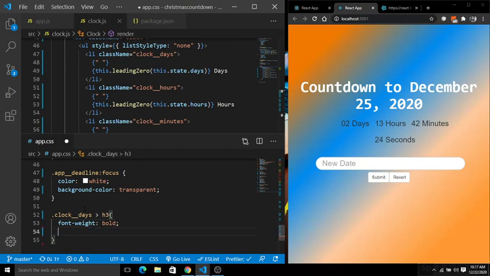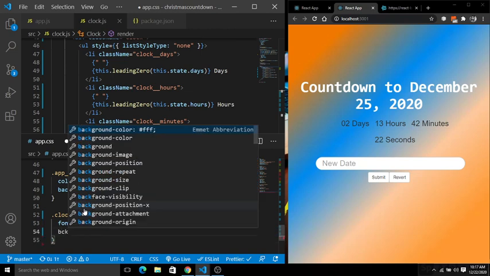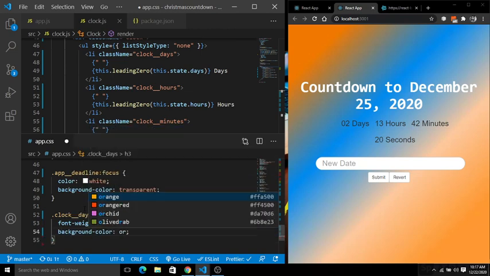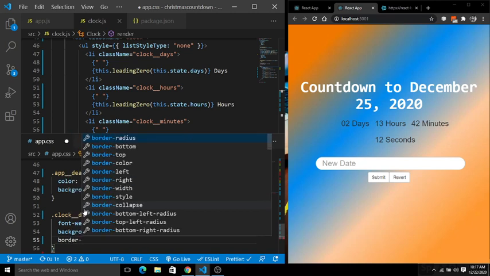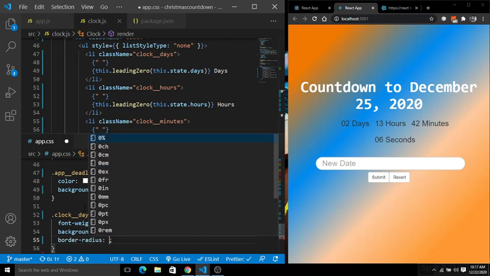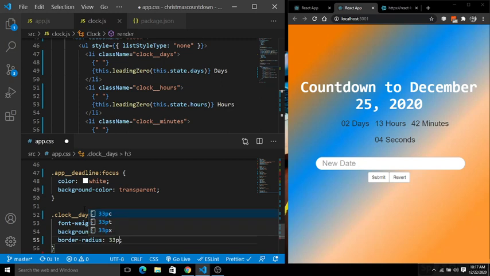I am giving the font weight bold. Give the background color orange. I am using all these colors of my national flag, India, because I am basically from India. So let's give the border radius of 33 pixel. It will give a very nice rounded border everywhere here.